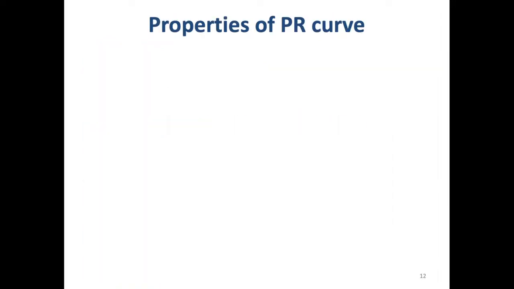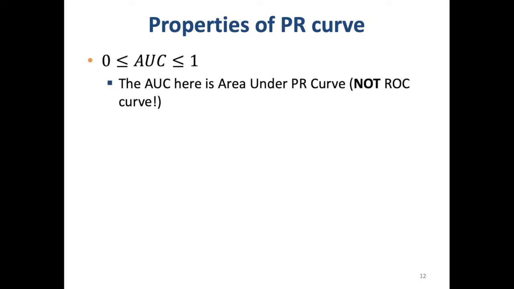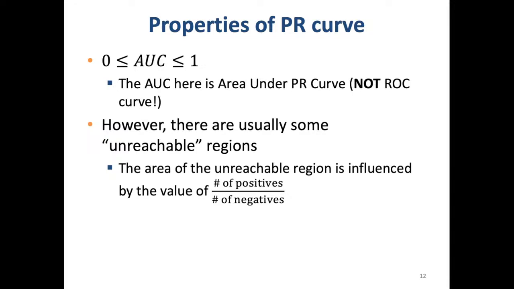Okay, now let's discuss the property of PR curve. So the area under PR curve is apparently between 0 and 1. But here the AUC is different from the AUC I discussed last time. Last time I discussed area under ROC curve. Here I discussed area under PR curve. Okay, so although I use AUC, they are different things. But here, area under PR curve is also between 0 and 1. However,